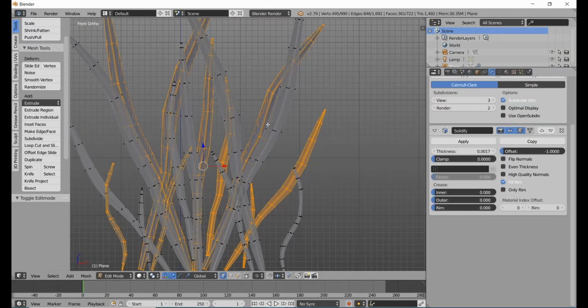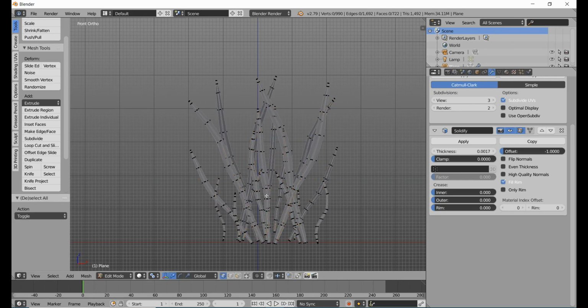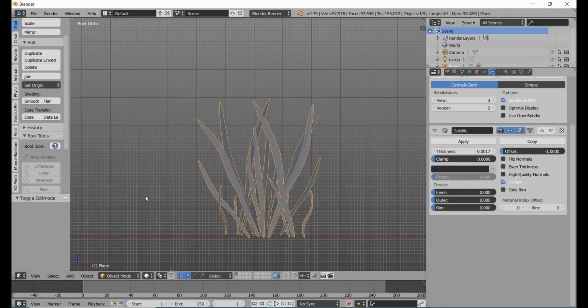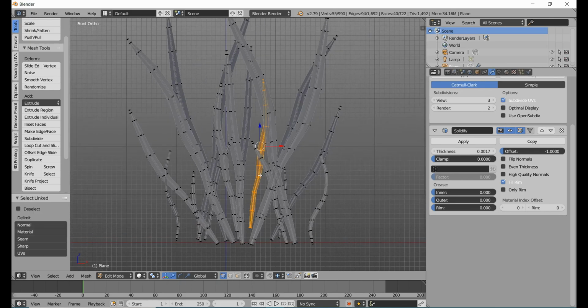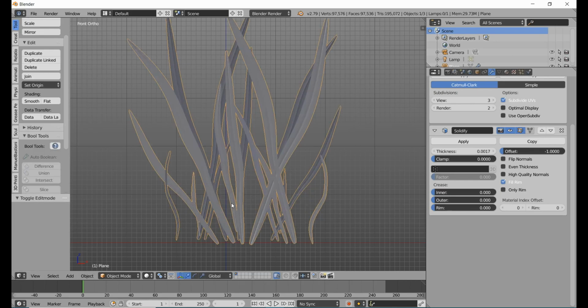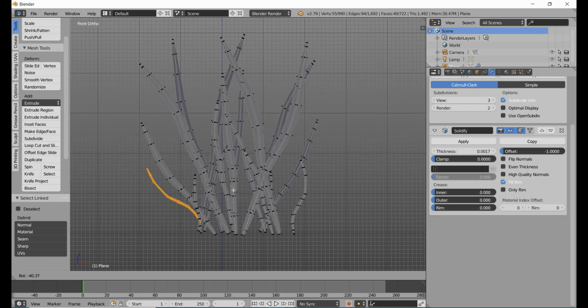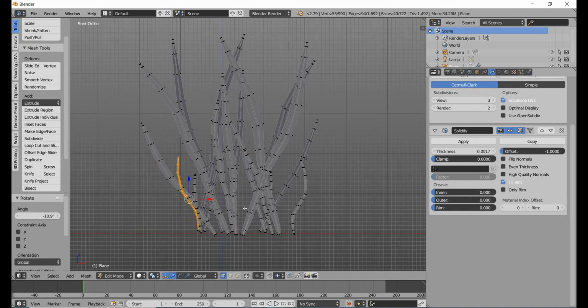I won't save it as of yet. S on the X using individual origins to make thinner strands, right? I have a very bad habit of saving. Grab it, R on the Y. This is gonna take some time, but eventually it will turn out good if you have some clumps in the back, and then some maybe not as large as the front